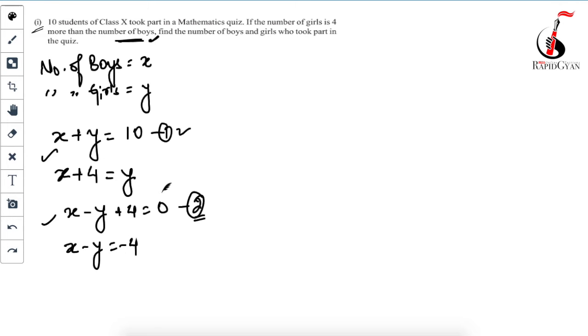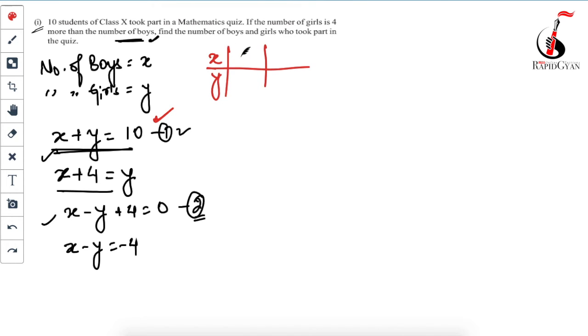Now what we have to do is find its solution. How are we going to find the solution? We are going to find the solution by drawing the graph. So let's find the coordinates for this. x plus y is equal to 10. So hold on, I'm going to find the coordinates of x plus y. I will write over here x and y. Since their sum is 10, I'm going to put some normal values.